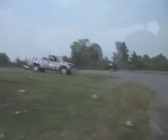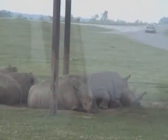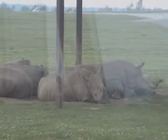We'll get a quick peek at our rhinos as we drive past. Although they look rather delicate, the white rhinoceros